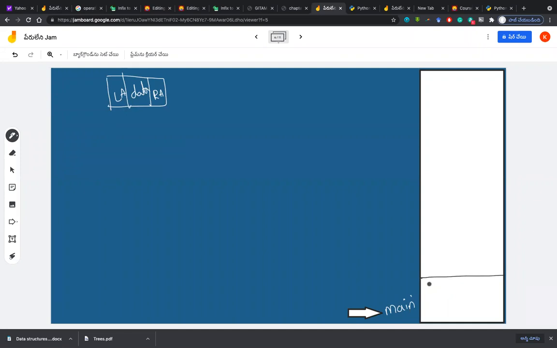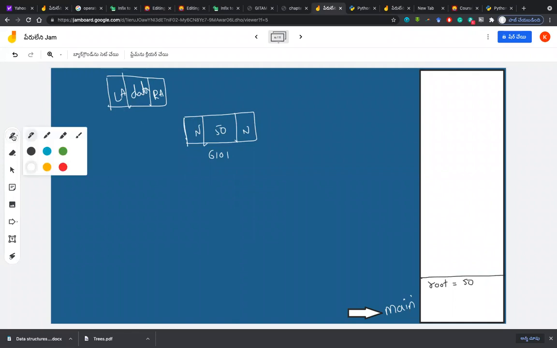Am I creating root? Yes, sir. Root I am creating with 50. So I will directly draw the root. There is a node that is created as root and it is 50, both with none, and there is an address 6101. Fine. What is the first thing main is trying to do in our program?